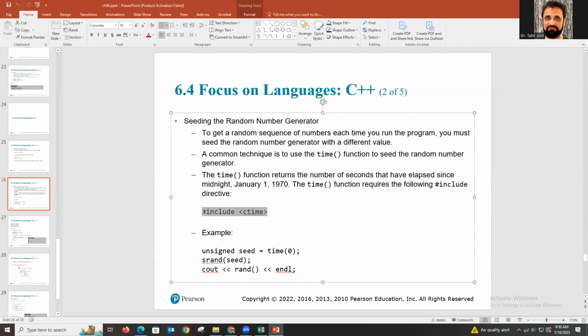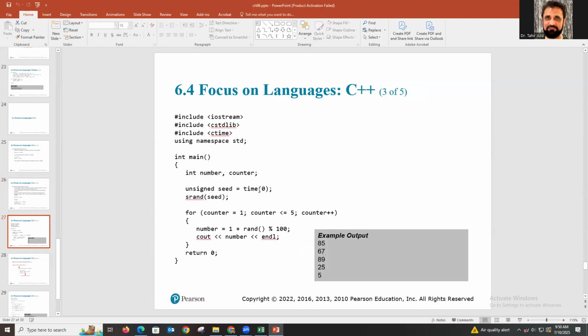So you include this library first, and then you basically call that time function. That will be your seed. And then you pass that seed to srand, which is a function for the random number generator. And then you display that one right there. And how do you call it? You can actually put it right there in a for loop. We did in Java and Python, so it's going to run 5 times. And then it might give you a very large number, so you are taking a remainder. This is a remainder symbol here, and the remainder of dividing by 100,